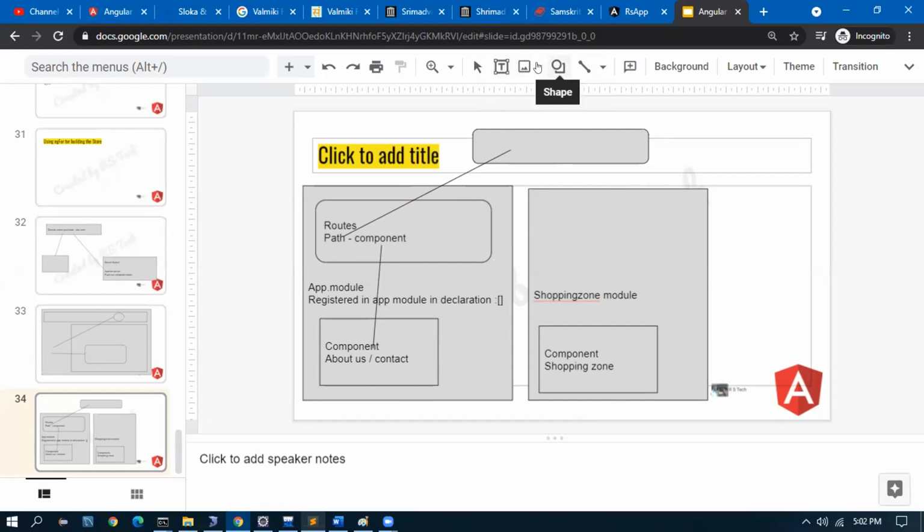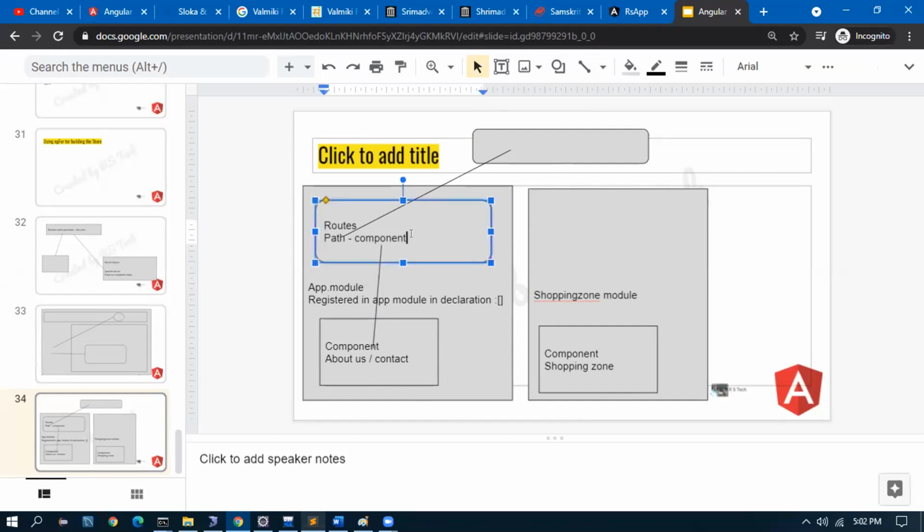In the second case, we have one more path, but this is going to the module. The first path is about us. This will go to the about us component, which is registered in the app module itself.